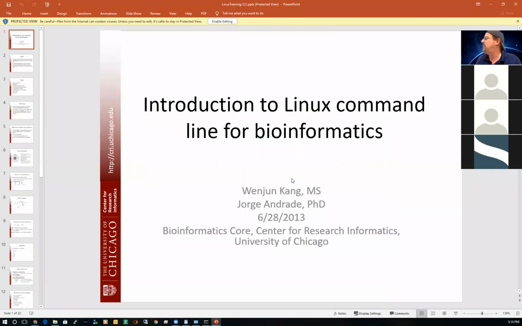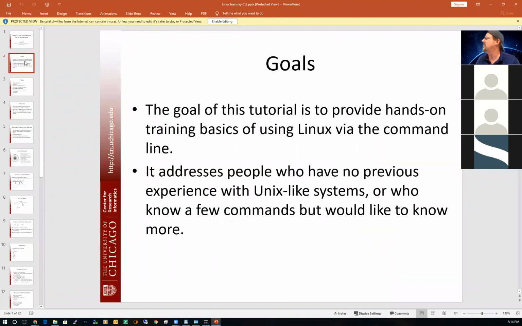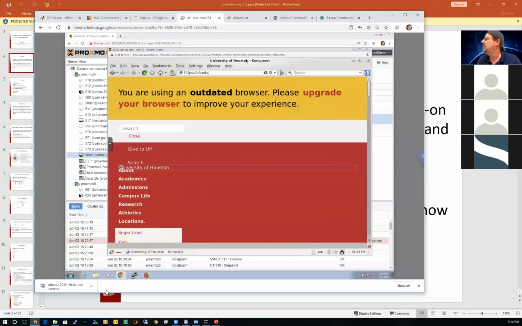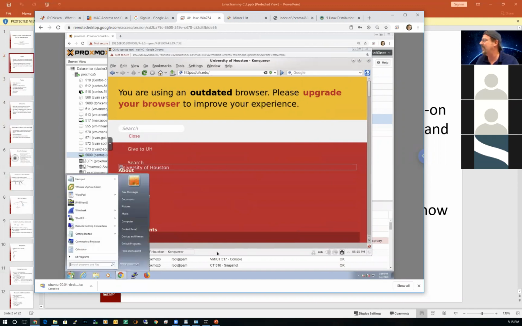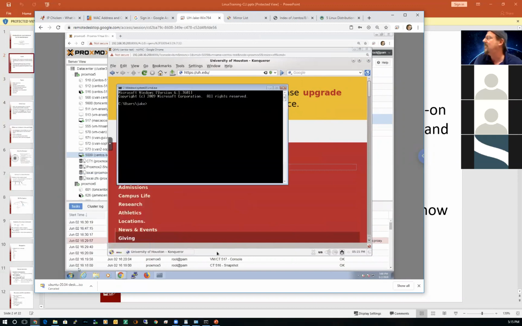This is going to give us some basic constructs of Linux. The goal of this tutorial is to provide hands-on training basics of using Linux via the command line. Now, just because we install that GUI, by the way, doesn't mean that we can't play around with a command line, because you can open a shell or a command line window